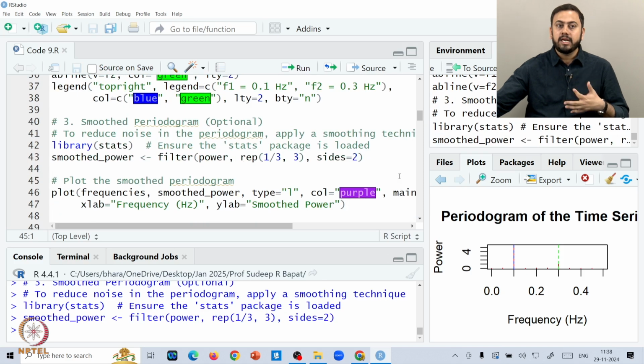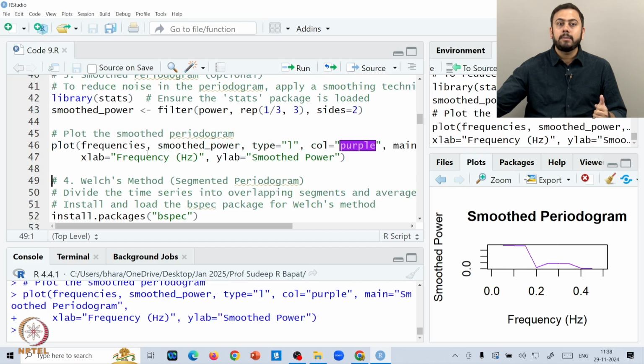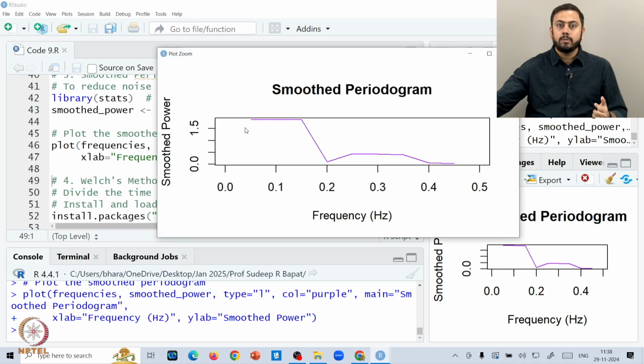Okay. So, you generated the smooth periodogram and then the final step is to plot it. So, plot the frequencies comma the smoothed power, type is L, L means line, color is purple, and then you can give it some title and label the axis and so on. Okay. So, let me zoom in on the plot. So, this is exactly what the smoothed periodogram looks like. Again, the smooth periodogram is nothing but an extension of the earlier periodogram you saw. Even here if you observe, you have a tendency of slightly higher powers at, let us say, 0.1, and if you come across 0.3, again the same thing can be seen.